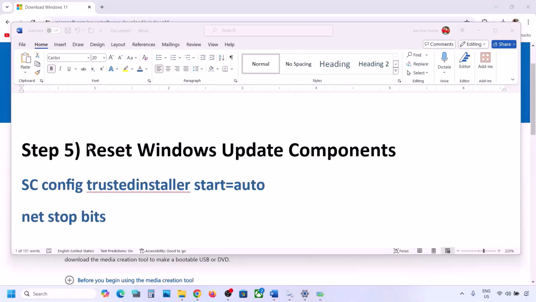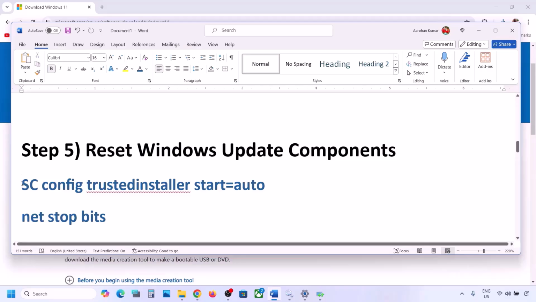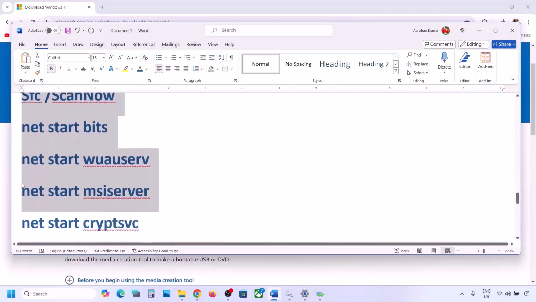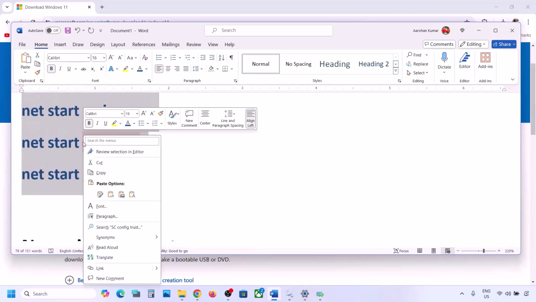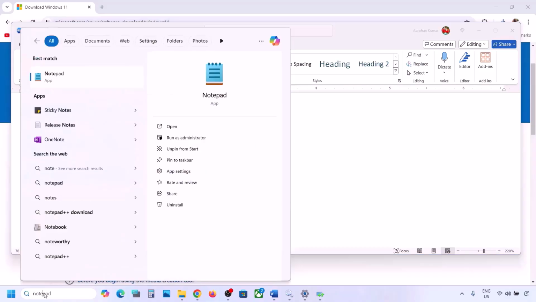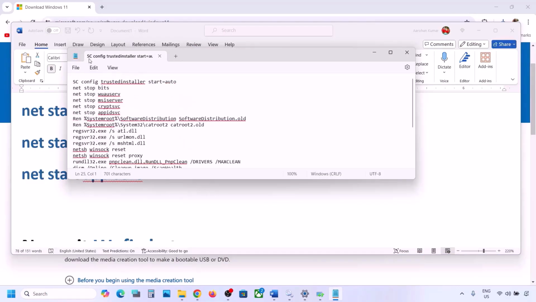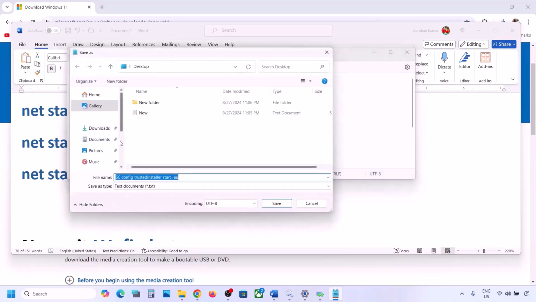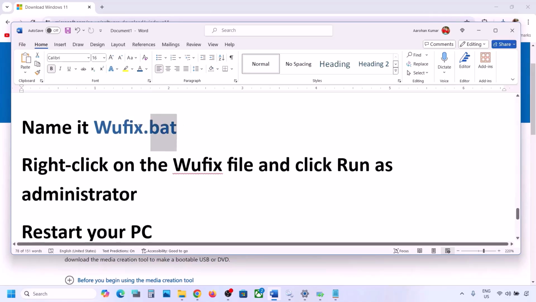Now the next step is to reset Windows update components. Now for this, copy all these commands. These commands are provided in the video description. So copy it till here. Now once you copy it, open Notepad on your computer, and then in the Notepad you can paste all the commands, and then go to File on the top, click on Save As, and then you can name this file as